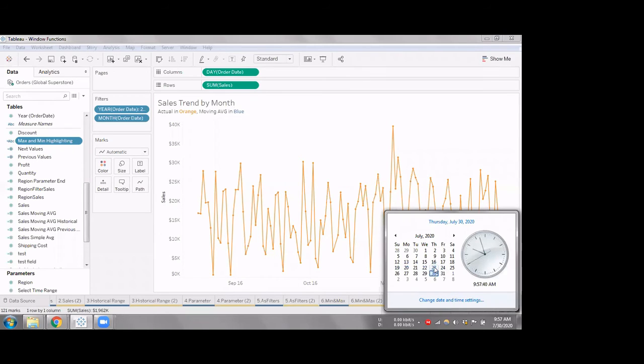For example, when I'm on the 23rd, I have to jump back to Sunday because I want the average value from Sunday in the last week. So I have to jump back to Sunday, and I have to calculate the number of days from this Sunday to my current day. From the 19th to the 30th, how many days are there? If I calculate those number of days, then I can simply give that number as an offset.